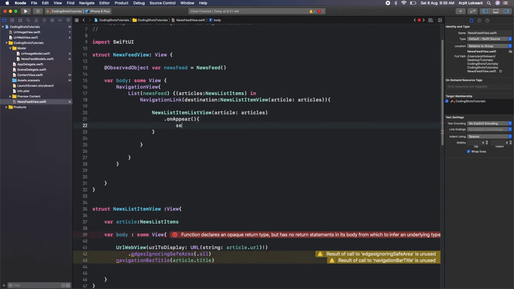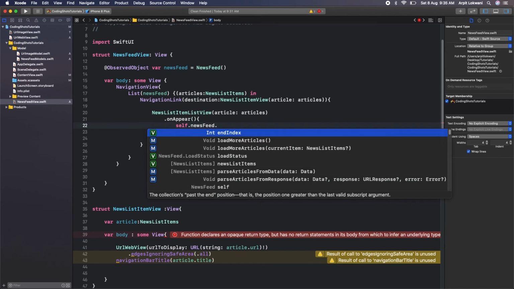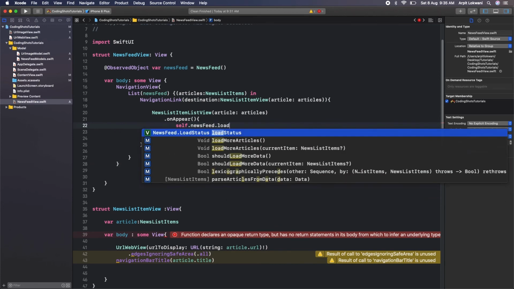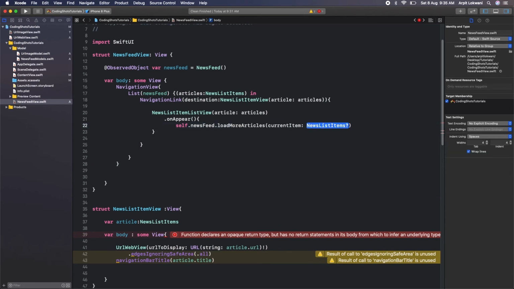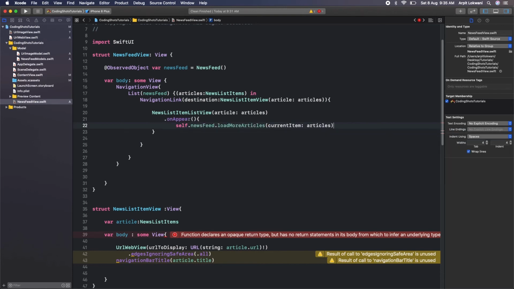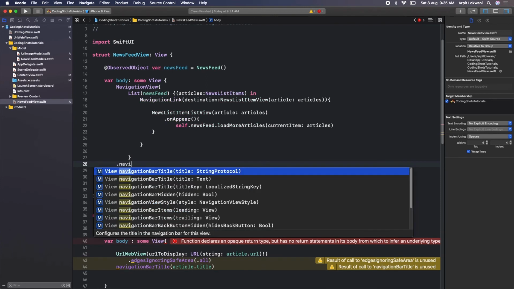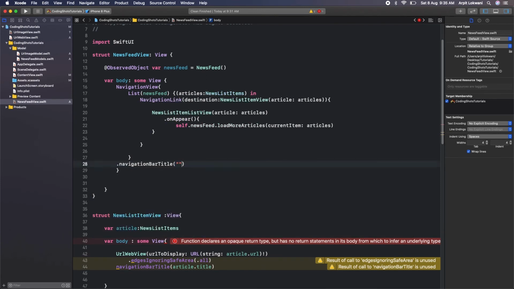We need to call one method, same news feed dot, what was the name of that, load more articles with current, and current should be the article object. Okay, and obviously we need to give the navigation bar title. It should be, what was it, Apple News, right?